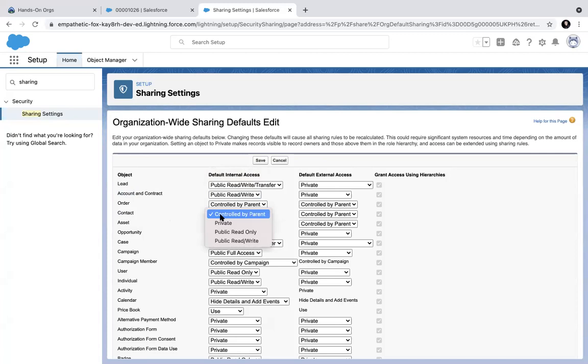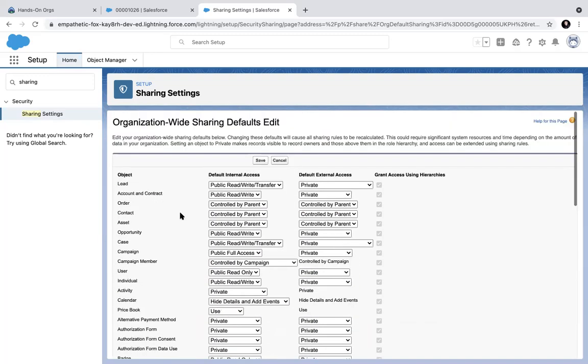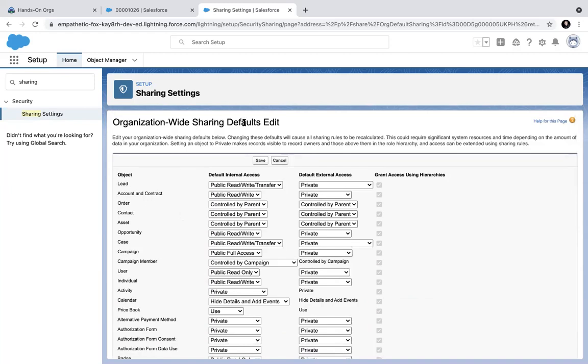Second part is, sir, can we say that if it is only for a few objects, those objects must be in master detail? No. These objects are standard objects only, which are child objects. For standard objects only, you will get control by parent. Master detail children are by default controlled by parent. You cannot change that. That's why master detail children will not come in this list at all. You will see that this is not available here because those are already controlled by parent.